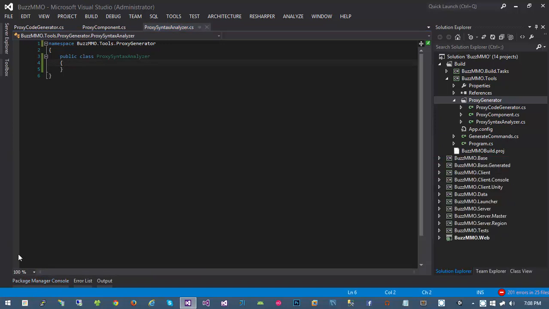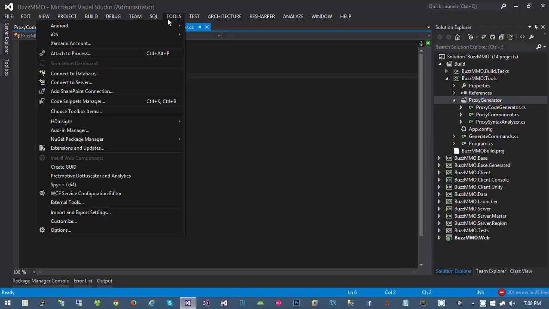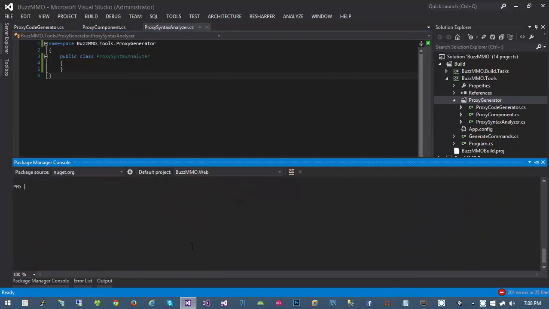Now, if you don't have your Package Manager console open, you can access it by going up here to Tools and jumping down to NuGet Package Manager and opening up the Package Manager console. The reason we need this is because we're installing a pre-release package. Then here I'm going to say install-package, and I'm going to say